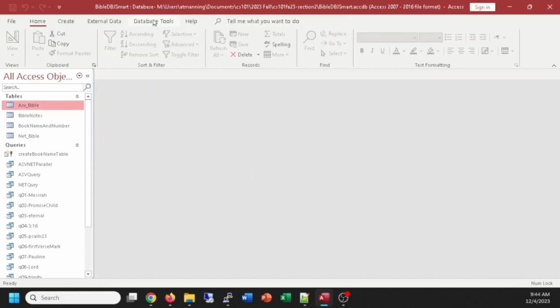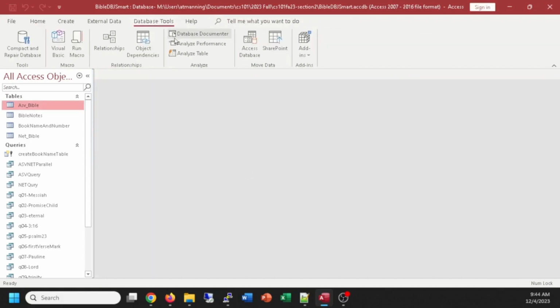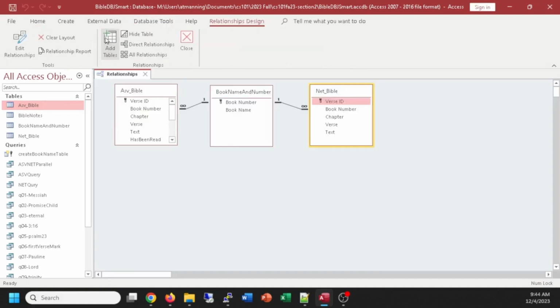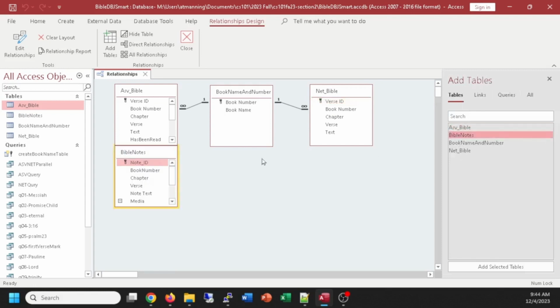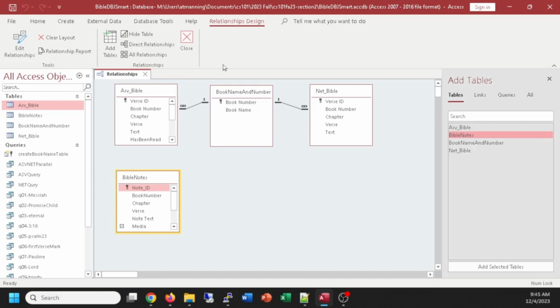Let's go to our database tools now. Relationships. We have a new table that we need to add in our relationships. I'm going to right click, show table. There's my new Bible Notes table. I double click on that. And what's the relationship? Well, when I'm referring to a book number from my Bible Notes, I must make sure I'm referring to an existing book number. So I add the Bible Notes to my relationships,